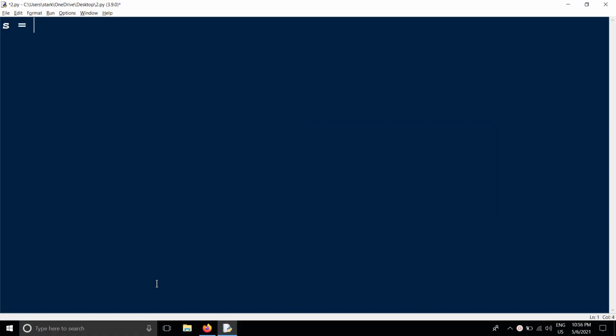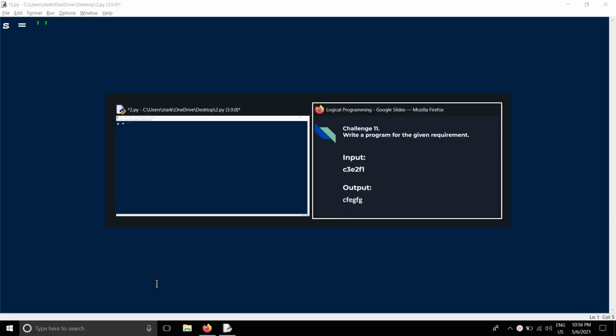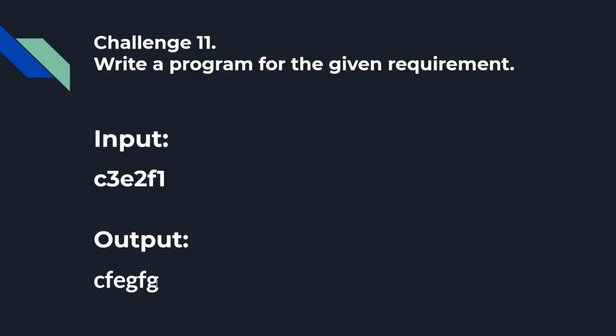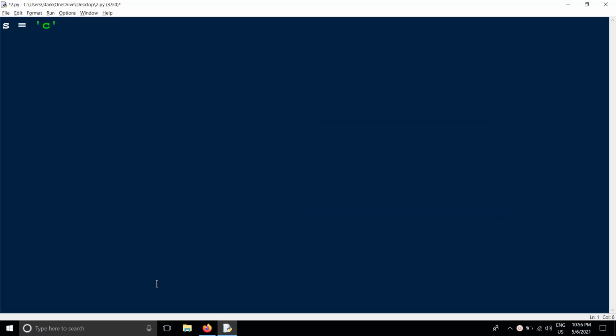So now S is equal to, what is the string they have given? C3, E2, F1. So this is the string, and we have to write the logic for this one. In the previous example, I already told you how to access each character. For I in S, if I dot is alpha, if it is alphabetical, I'm accessing one by one, and then